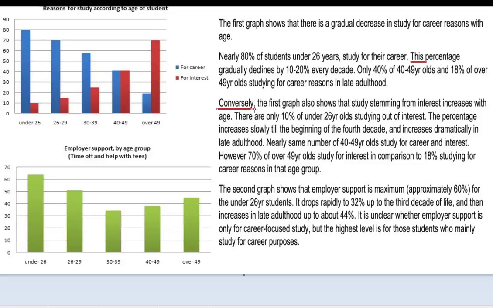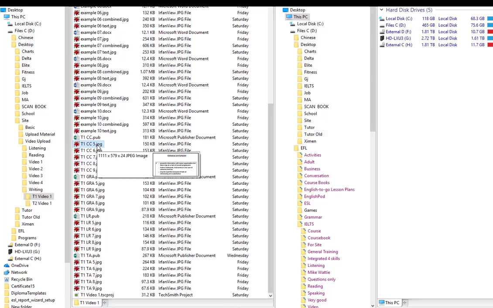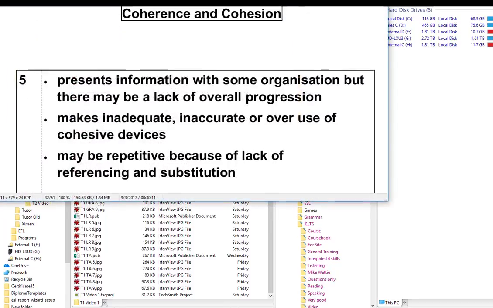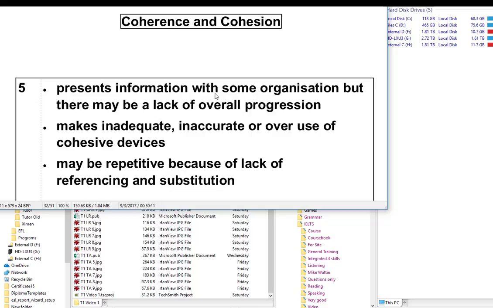Here we have "conversely." Here we have, again, contrast being shown. Here we have some referencing with it. Okay, so not bad. Definitely not a 5, because there is definitely progression and